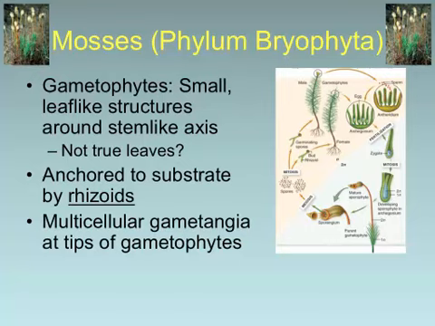An archegonium is a gametangium that produces female gametes. I guess you could reverse that, but I'll say it again anyway. An archegonium is a gametangium, a gamete-producing structure, that produces female gametes, which would be eggs, right?